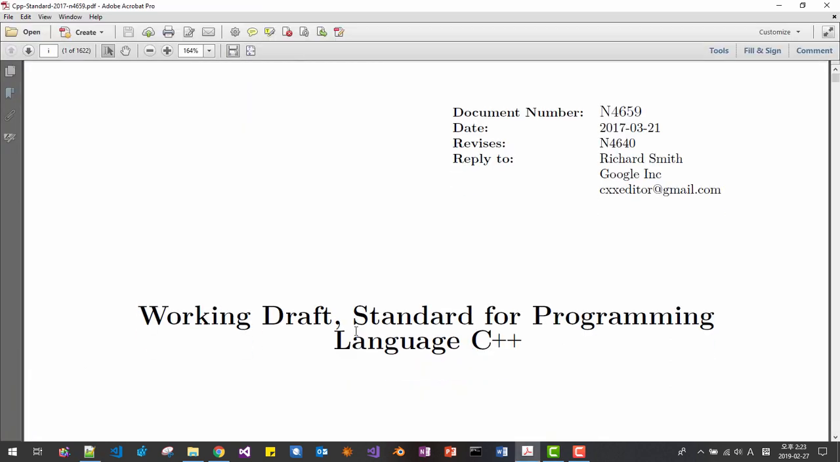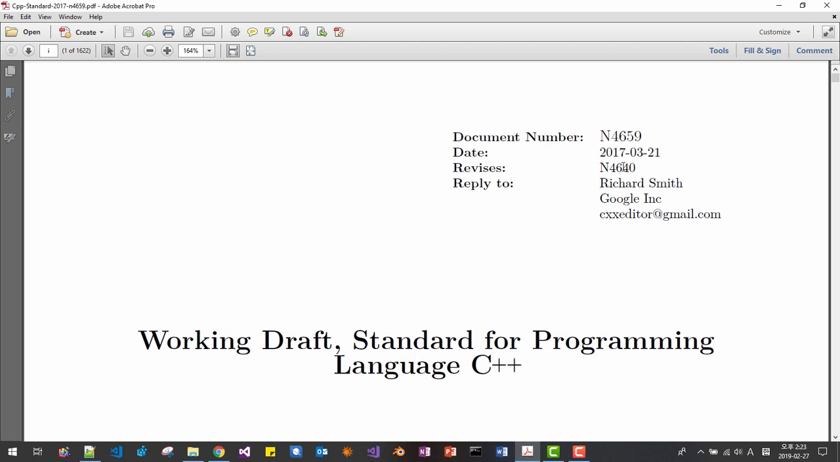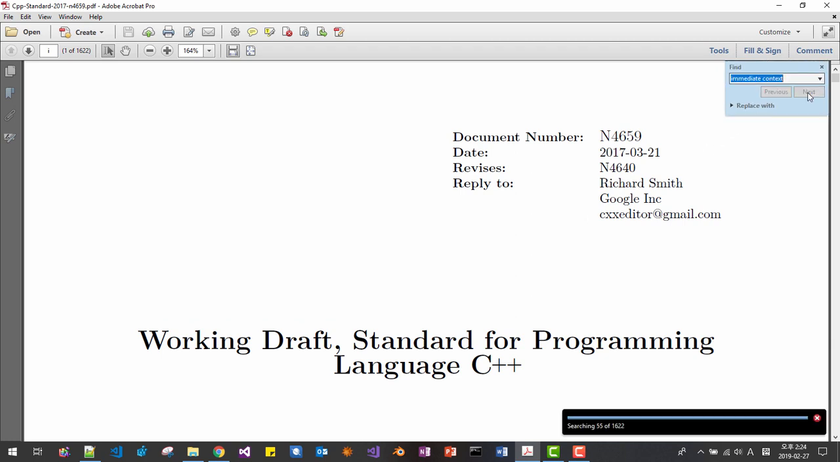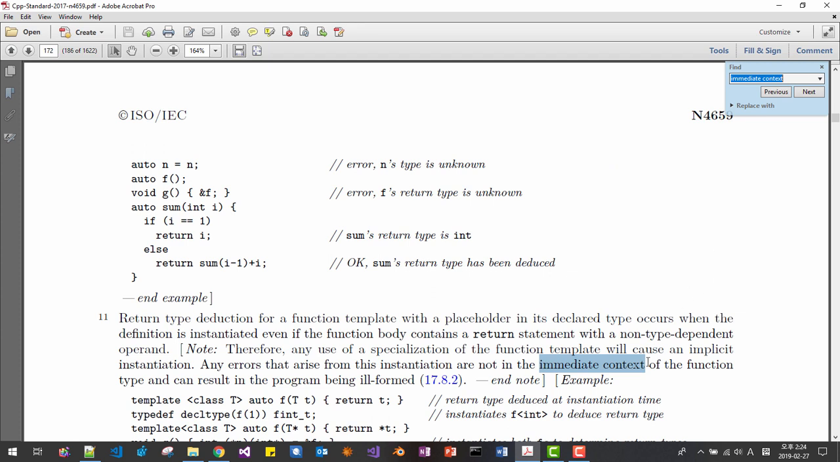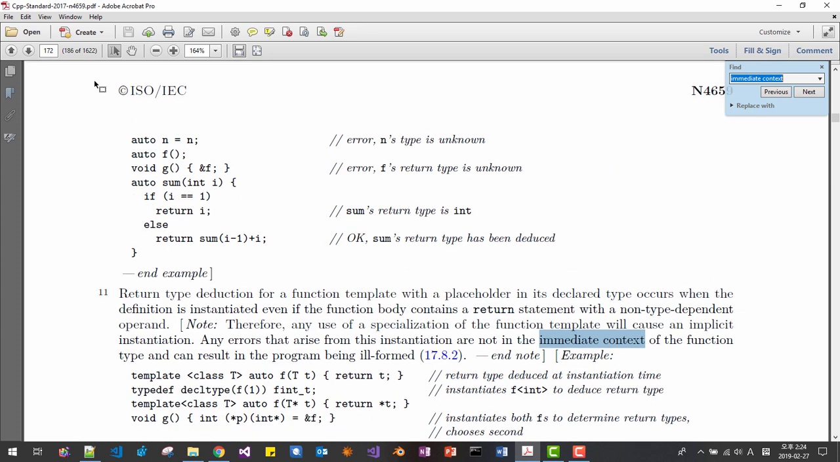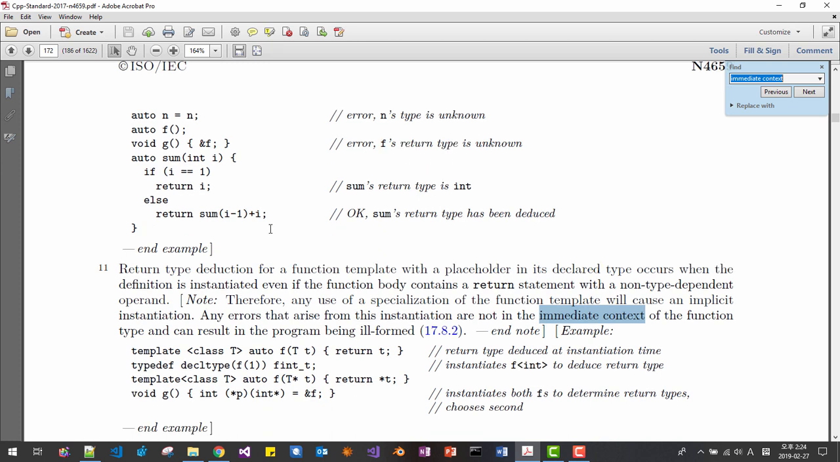This is the working draft standard for the C++ programming language, dated 2017 March 21st. This is not the ISO C++ standard documentation, but it is a working draft, so it is very close to the C++ standard. It is 1622 pages long. I searched for immediate context, and we can find the first occurrence of immediate context in the C++ standard working draft. From here,